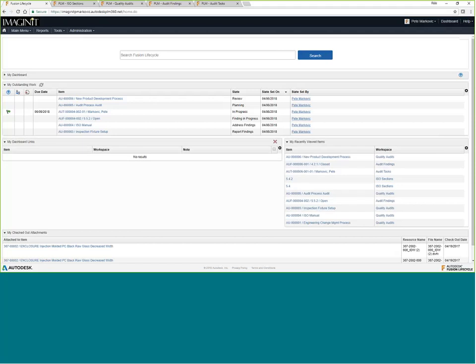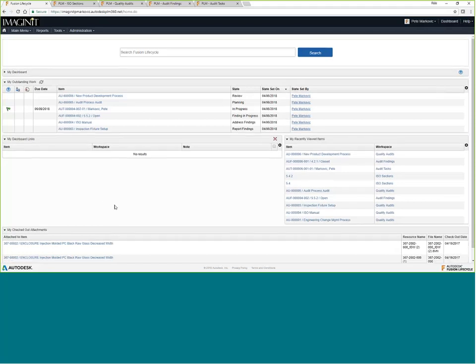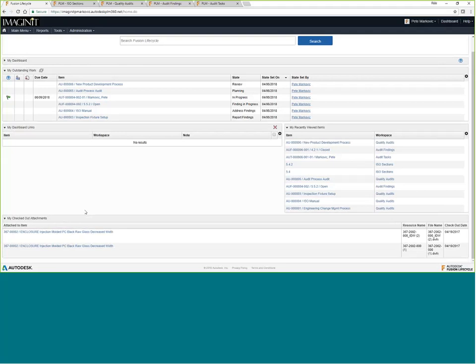Some other things in here I won't spend too much time on. We can create hyperlinks or bookmarks back to different records within the system. Fusion Lifecycle has the ability, as a document management system, to attach documents to records. So we can attach PDFs, Excel files, Word documents. Really any kind of file can be attached to a record within Fusion Lifecycle. If you're familiar with a PDM like Autodesk Vault, we have the ability to check out documents and check them back in. So if we check them out, make a change, and check it back in, while we have it checked out, other people can't be making modifications and so forth. So we have document management in here